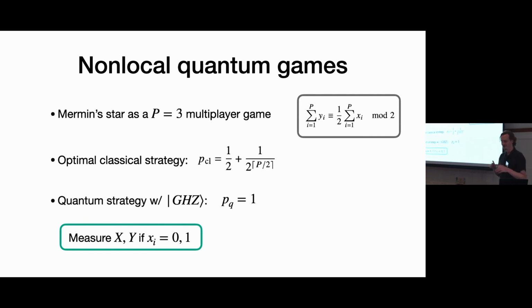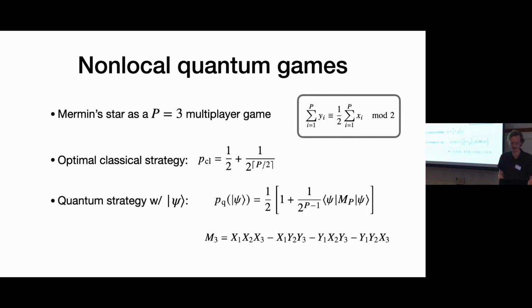I have a few little slides showing why this happens, but it uses tensor network notation that I didn't want to introduce. So maybe I'll either do it at the end or just ask me offline, and I can show you quickly why that has to be the case. But essentially, there's always going to be an even number of Y measurements, and there's some constraint between what they can see and what the X measurements can see, because you're starting with this GHZ state, that makes them satisfy this with certainty.